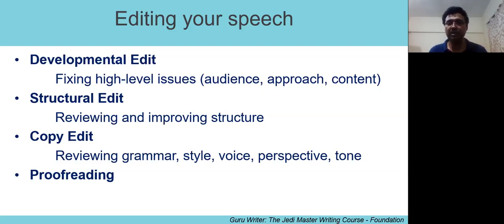If you notice here, I'm not talking about language per se, because that depends on the style that you want to adopt. But irrespective of what kind of language you want, whether you want to be formal or informal, you want to use jargon, or you want to keep it simple, you need to go through these 4 steps. You need to do 4 passes to have a great speech. Sometimes you can obviously combine some of these and deliver. You can combine your developmental and structural edit together, and then you can do your copy and proof edit. So at least 2 passes if it's a speech that you're just going to deliver on the weekend. But if it's a contest speech, or if it's a really important speech, you're giving a keynote, then you need to fix these issues.